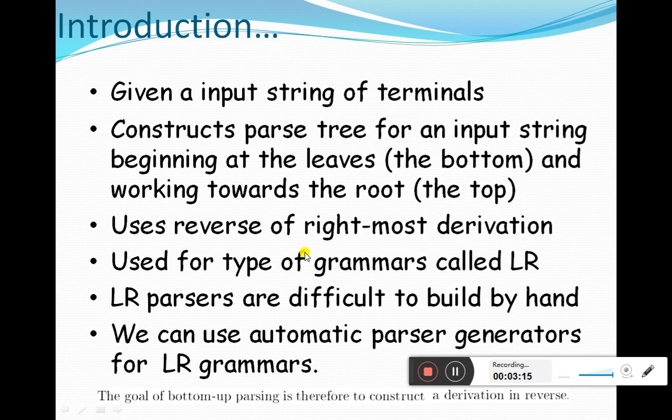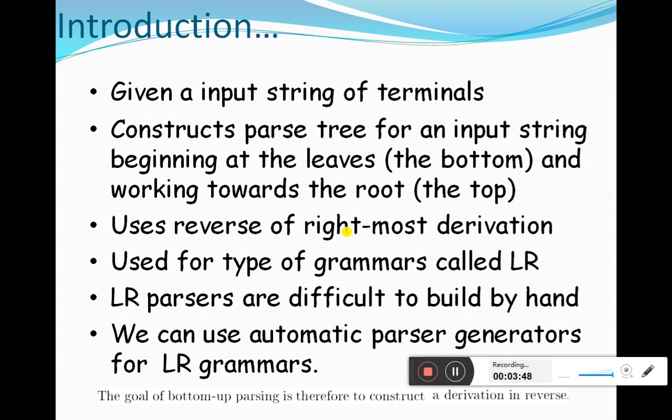Introduction. Given an input string of terminals, a shift reduce parser constructs parse tree for an input string beginning at the leaves, that is bottom, and working towards the root, the top. The shift reduce parsers, in fact all the bottom-up parsers, will use reverse of rightmost derivation.